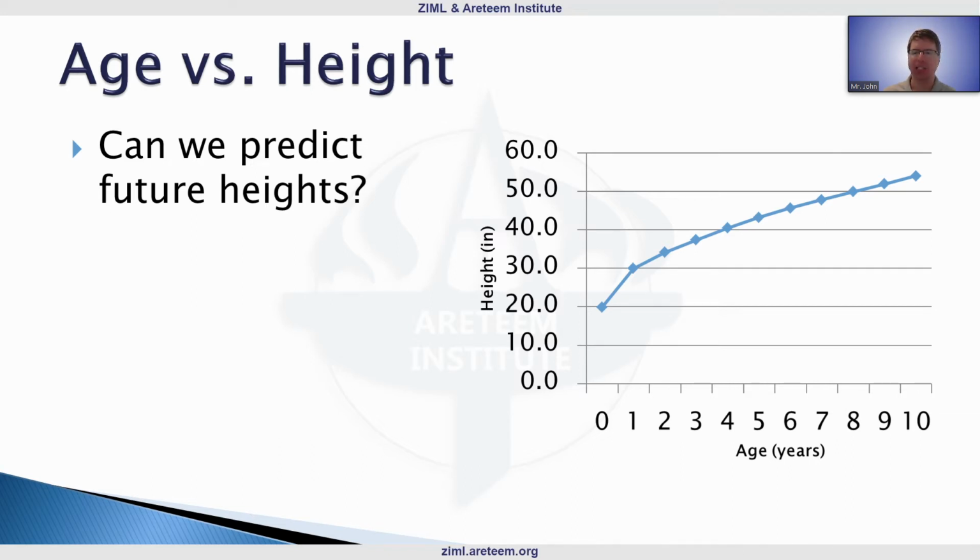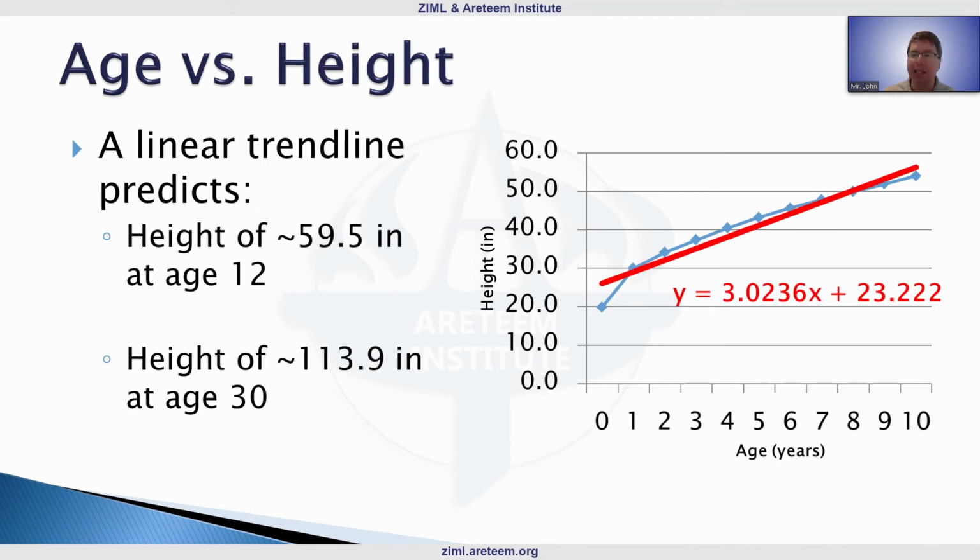So we have the age in years of the boys, their height in inches as they are growing. And we want to predict future heights from there. So with some data analysis, there's lots of different ways you can do this, but a natural way to do it here is trend lines. So here we have a linear trend line. When we say a trend line, you're kind of doing a line of best fit or something like that. And we have a couple of predictions that could be made. So here we have our trend line.